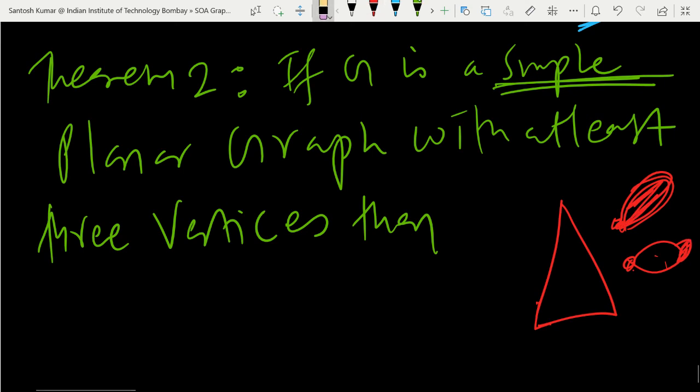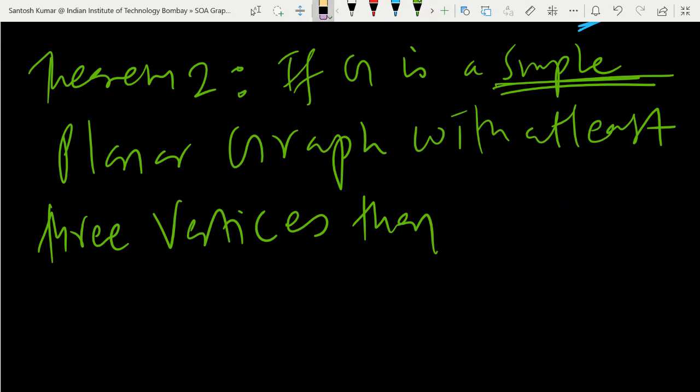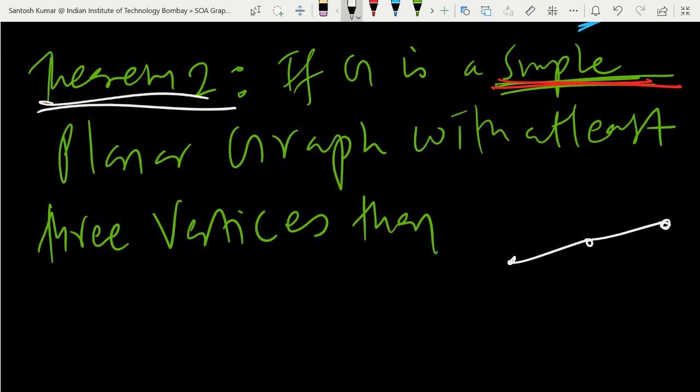But in case of a simple graph, we'll ignore that, I mean it will not contain a loop or multiple edge, so we'll have at least 3. So this thing will be used in the proof. If G is a simple planar graph with at least 3 vertices, the length of a face is going to be 3 or more. Then let's go back to theorem 2. If we take P3, then the length will be 2, but actually I will talk about faces.